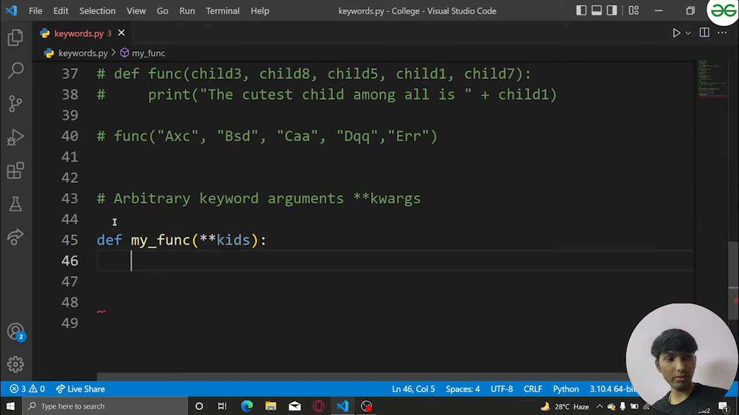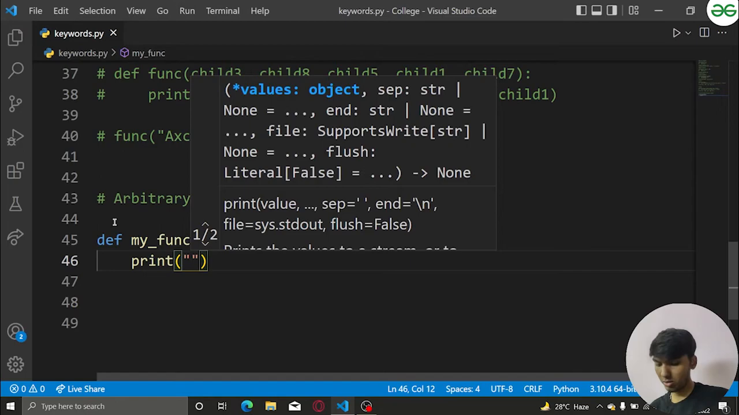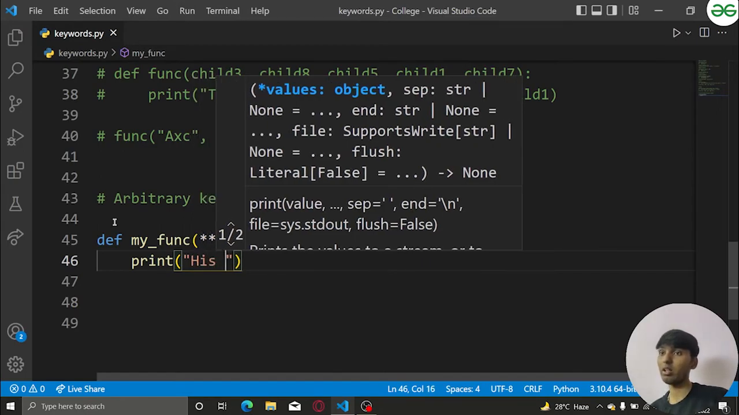Sorry, if it's a function like that. Now I'll print. I want it to be printed. So what exactly should be printed there, right? Let's just do one thing. We'll print something like